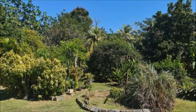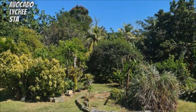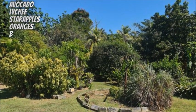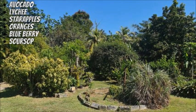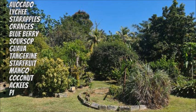The property has fruit trees to include avocado, lychee, starapples, oranges, blueberry, soursop, guava, tangerine, starfruit, mango, coconut, ackees, pineapples,